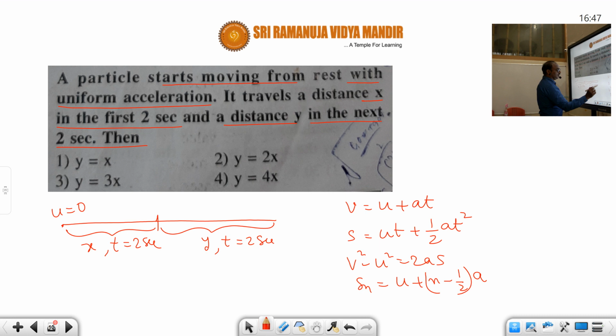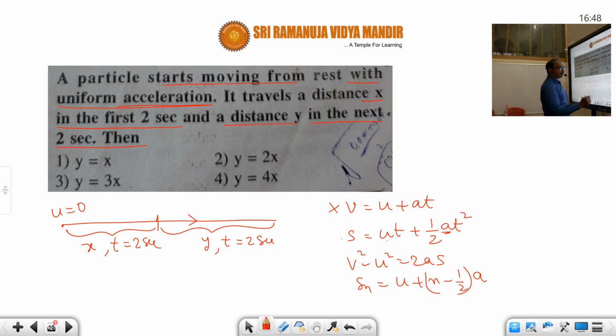The first equation is not suitable for the given situation. The reason is there is no displacement term in the first equation. So that's why we are moving to the second equation. In the second equation, the displacement term is there, the starting velocity is 0, and the time term is there. Uniform acceleration is there, and all the equations apply only for uniform acceleration. That's why we choose the second equation for this particular problem.